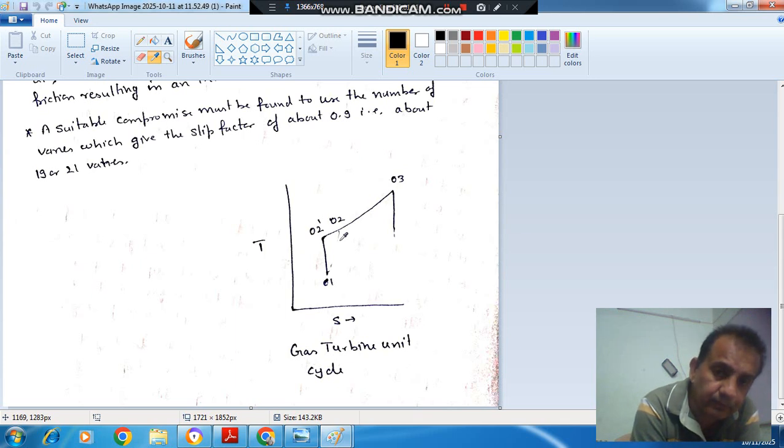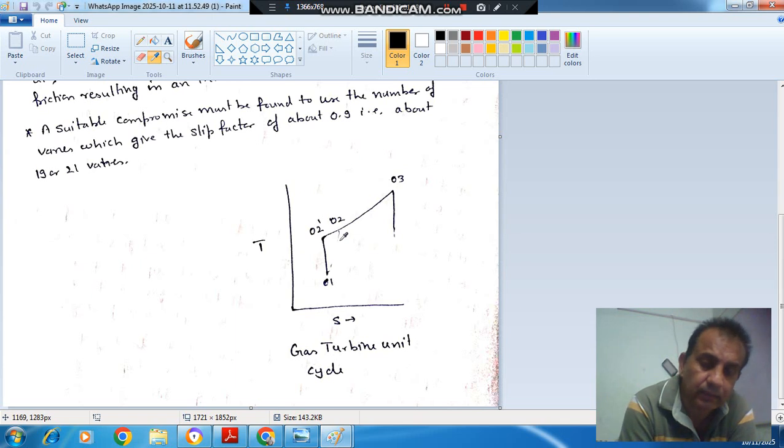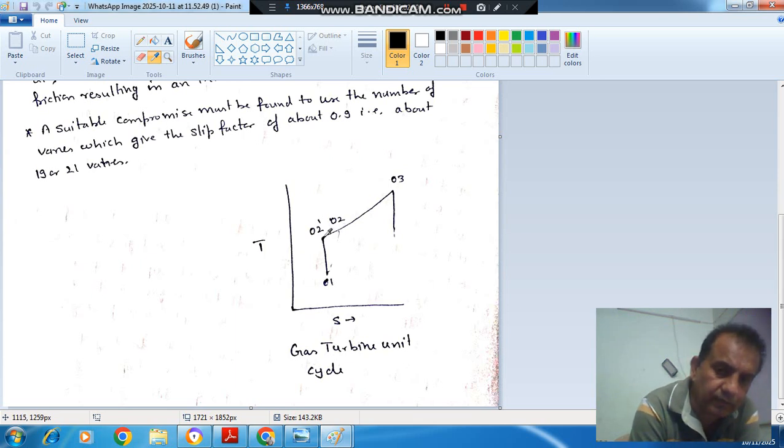If power input factor is 1, suppose there is no friction loss in the impeller, yet there can be some value of isentropic efficiency because of the losses in the diffuser, because power input factor takes into account only the losses of the impeller. Now this power input factor results in an increase in outlet temperature of air as compared to the isentropic process.